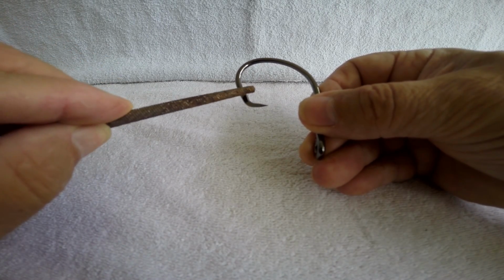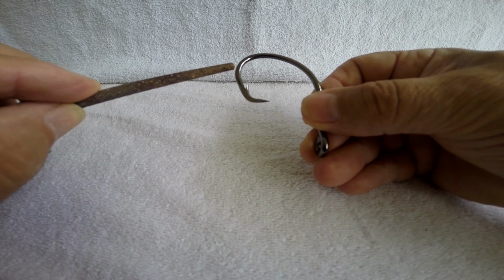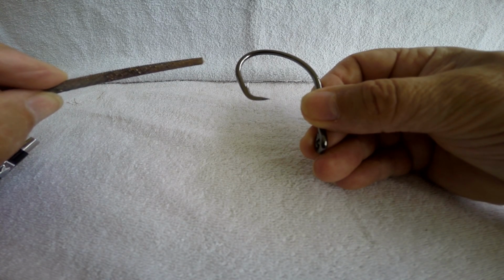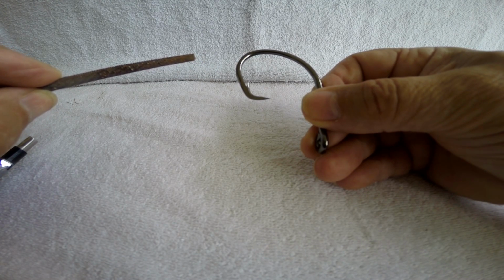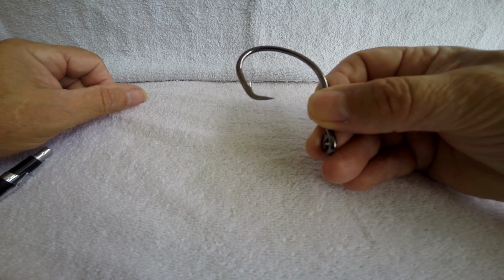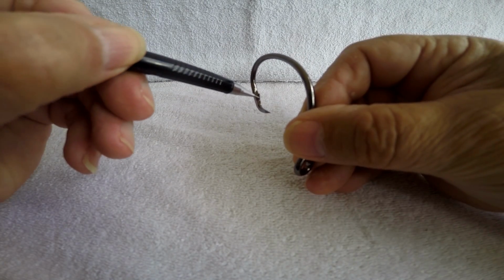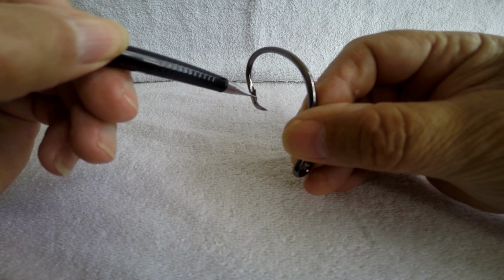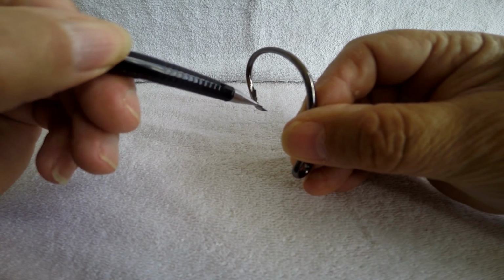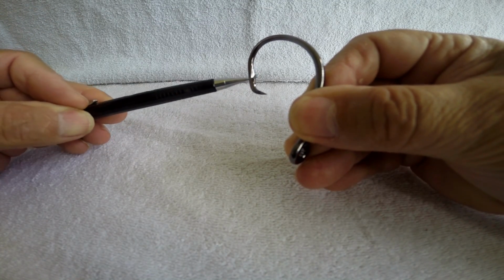I bought a set of files specifically for this. I don't have them here for the video right now, but I'll have a link on my website that has a lot more information about circle hooks, sharpening them, maintaining them, and what I use to sharpen my hooks. But the idea here is you want to take this edge right here, which does not come sharpened by the manufacturer on any hook that I know of, and you want to bevel that edge on both sides